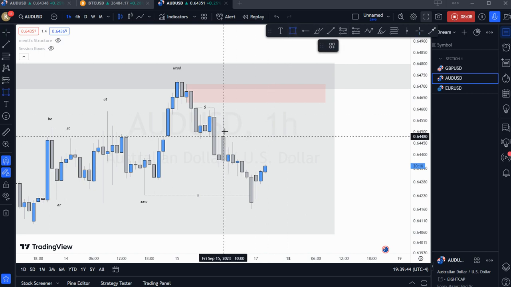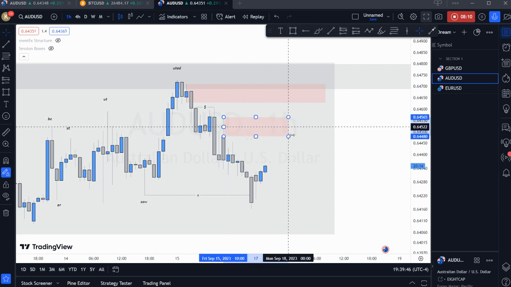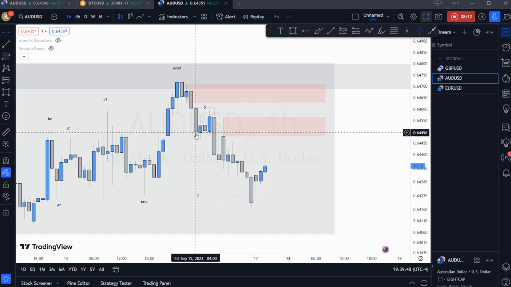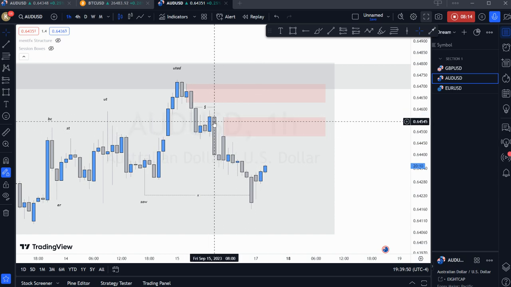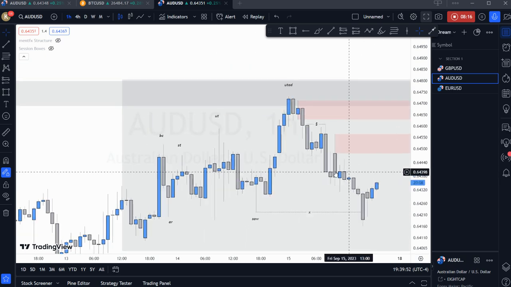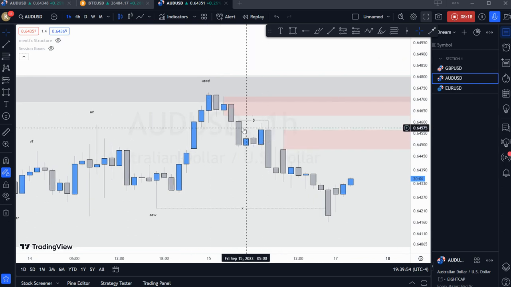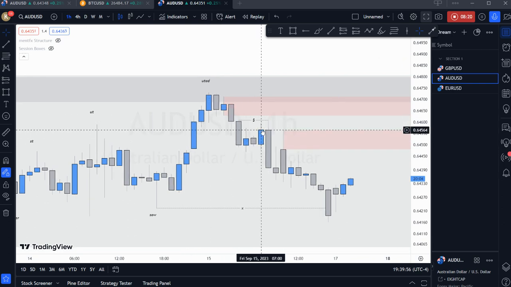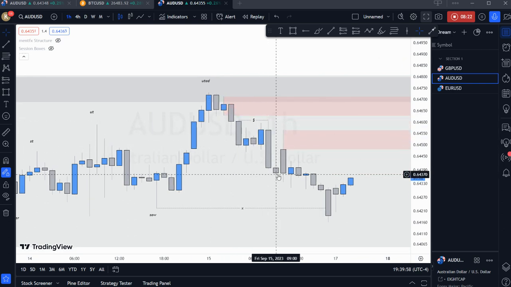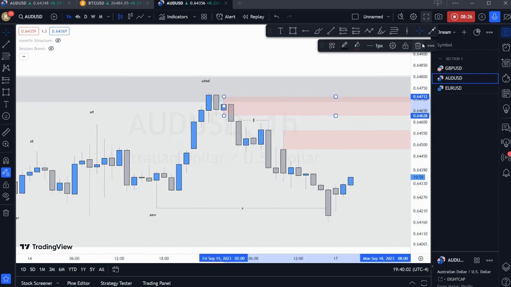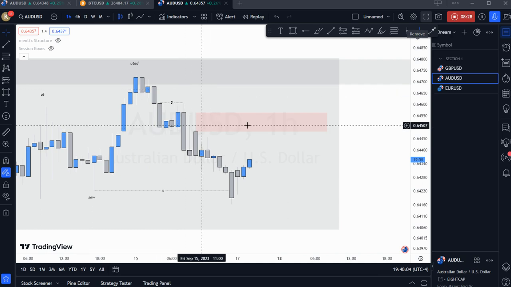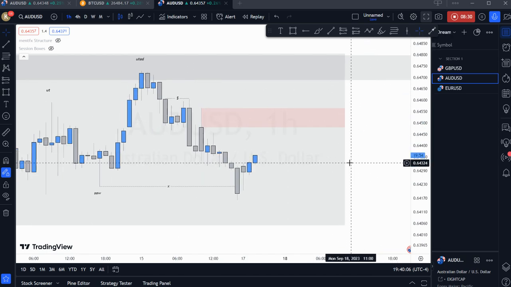And you also have this wick right here on the hourly, which they did fill price in, distributed price. So kind of a fractal distribution now where we have equal highs, brought higher, swept again, brought down, this being a fractal LPSY. So for this specific video, I'll use this zone as the zone I'm looking for price to